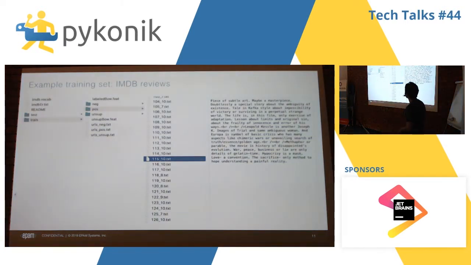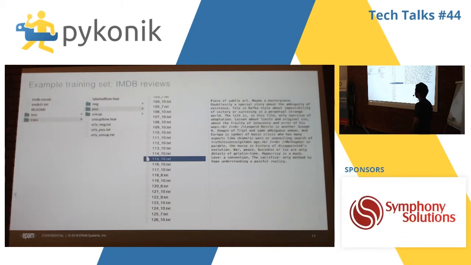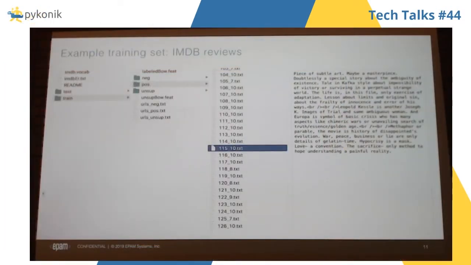And that's an example training set. The Internet Movie Database, IMDb, probably you know about that website. It has a lot of reviews and comments about movies, and it's the Internet Movie Database. So this is an example of training data.